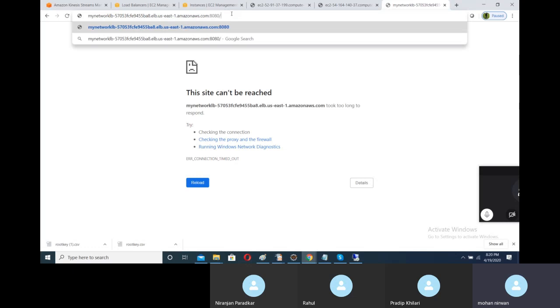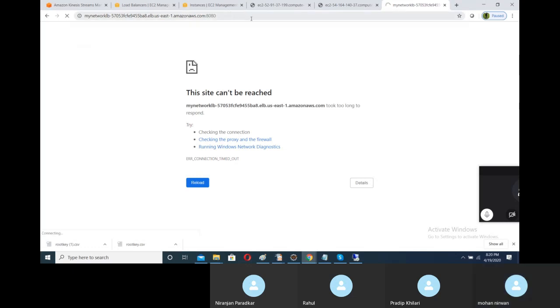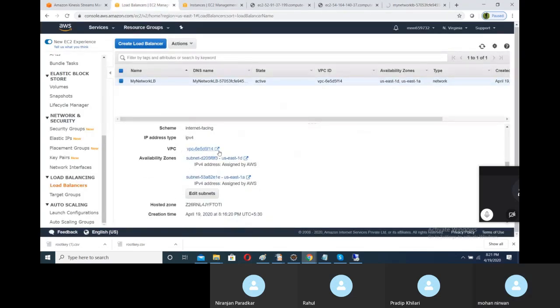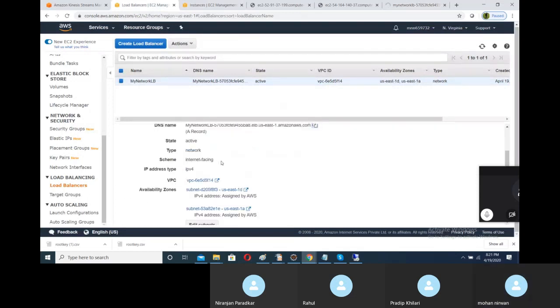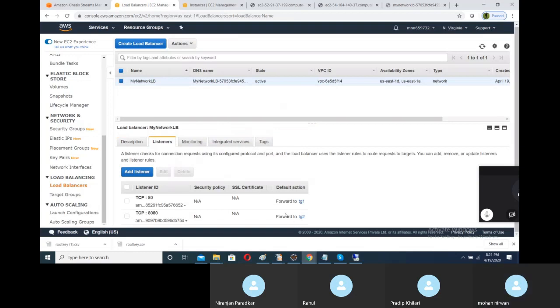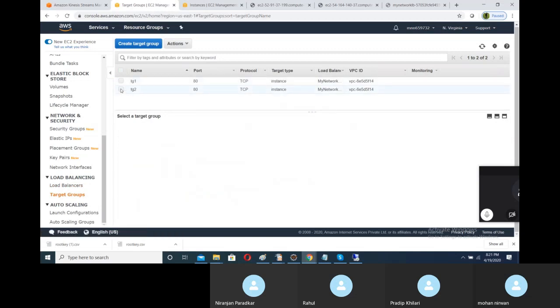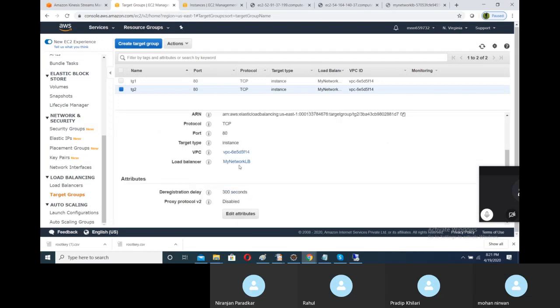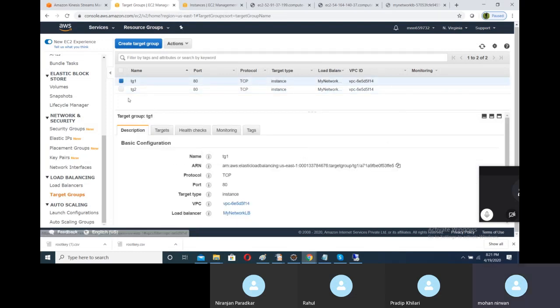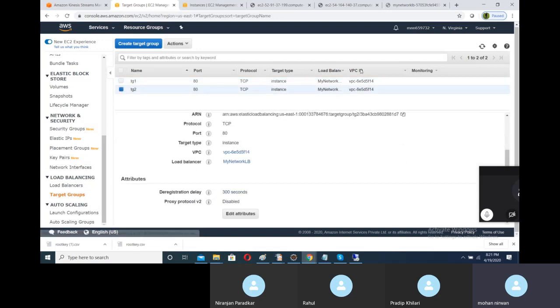Let's start. Put 8080. It is associated with my network load balancer, and this is also associated with my network load balancer.